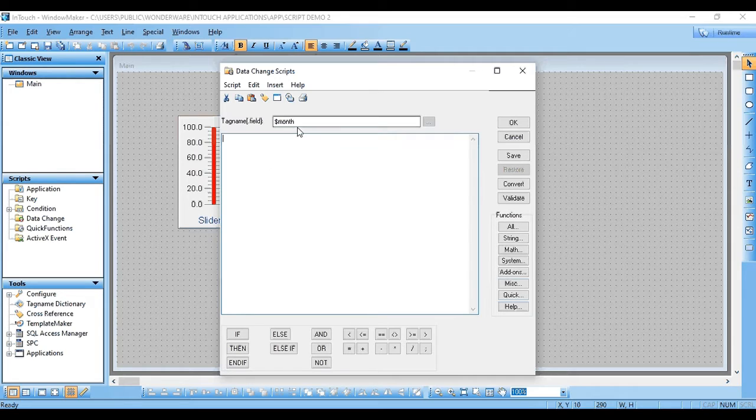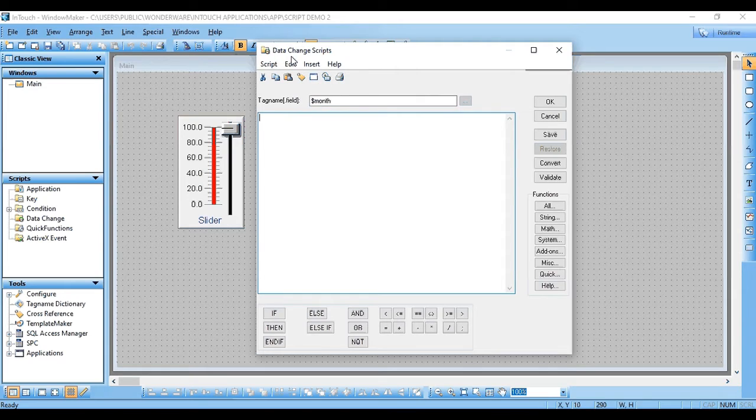As we know, we are not expecting the month change very frequently, so we can define the script in this box which we need to execute. If you have any idea or plan to use this data change script, it is possible like this.